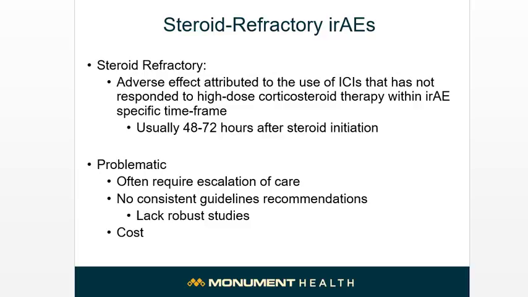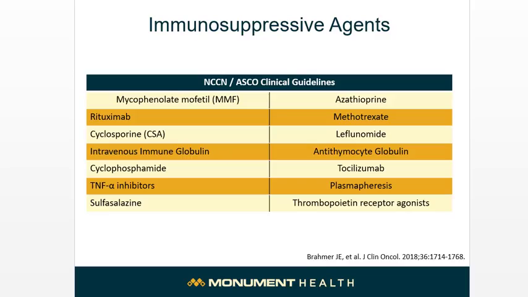So steroid-refractory irAEs are problematic as there are no consistent guideline recommendations, as there are no robust studies in this setting. A lot of the guidelines don't really have great data on immunosuppressive agents to be used in the setting of steroid-refractory irAEs. The immunosuppressive agents per the NCCN and ASCO guidelines, though, are mycophenolate, rituximab, cyclophosphamide, methotrexate, tocilizumab, plasmapheresis, or TNF-alpha inhibitors. Depending on what sort of toxicity it is, they do